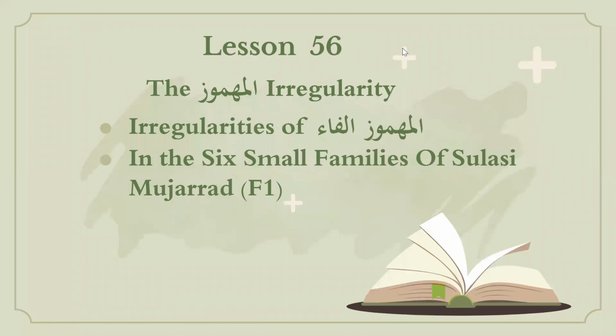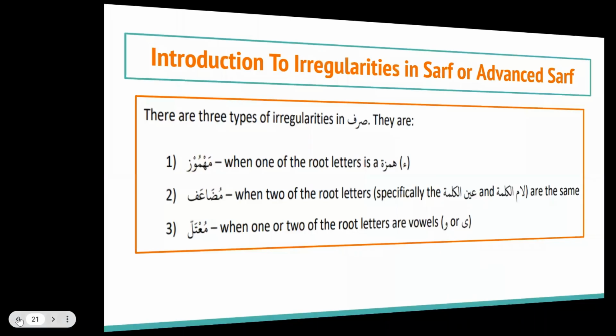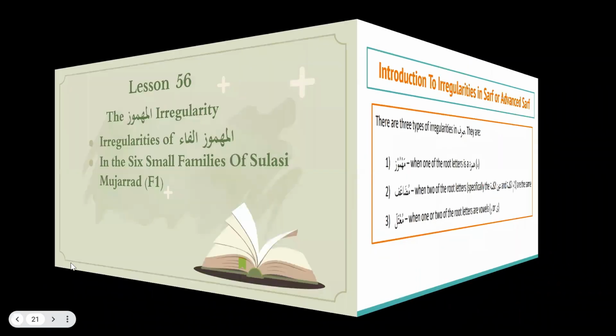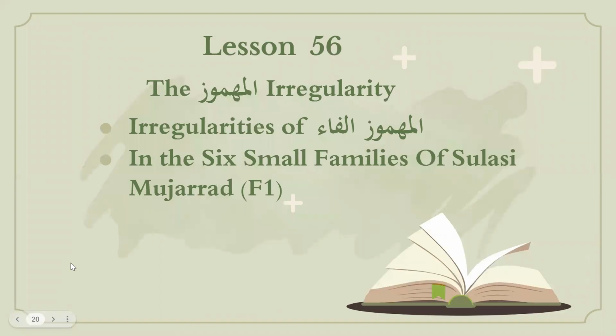So in this video, you are going to learn lesson 56 of Let's Learn Arabic Grammar. And in this lesson, what you are going to learn is irregularities of Mahmoozul Fa. In the previous lesson, you learned about different irregularities, just the introduction of different irregularities of surf. So today we are taking one of those irregularities, and then we are going to see what irregularity we could